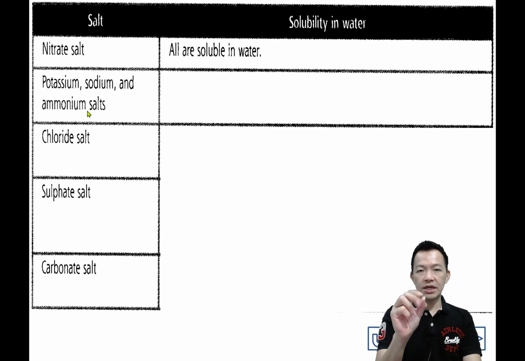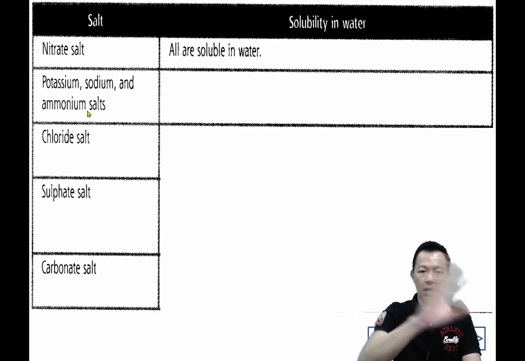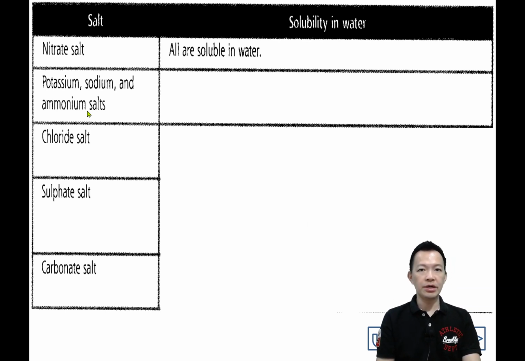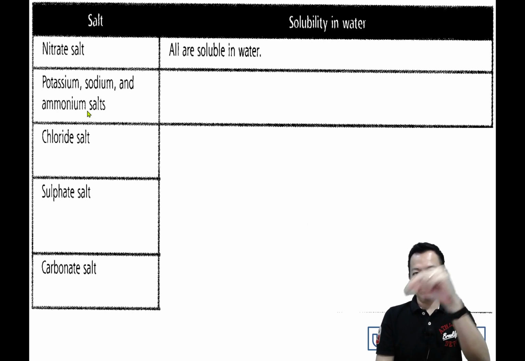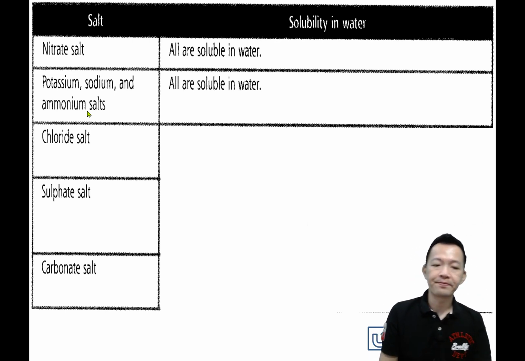Okay. Number 2, potassium salt, sodium and ammonium. For all the salts with the name potassium, sodium and ammonium, potassium nitrate, potassium sulfate, potassium chloride, sodium sulfate, sodium chloride, sodium nitrate or whatever, 只要它的盐的名字 potassium 前面 sodium 前面 ammonium 前面 all the salts must be soluble. 一定是能溶的。Potassium 的盐 sodium 的盐 ammonium 的盐全部都是能溶的，明白吗